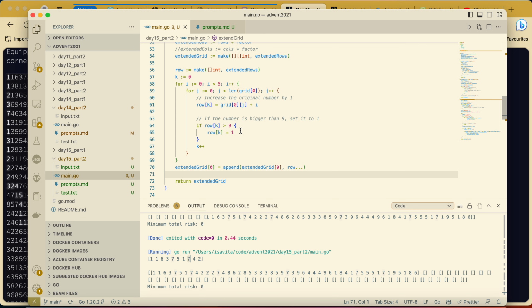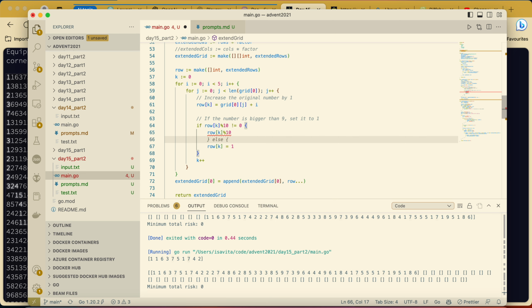I'm falling in the same trap. If it is divided by 10, it's not 0, should be like that, and else